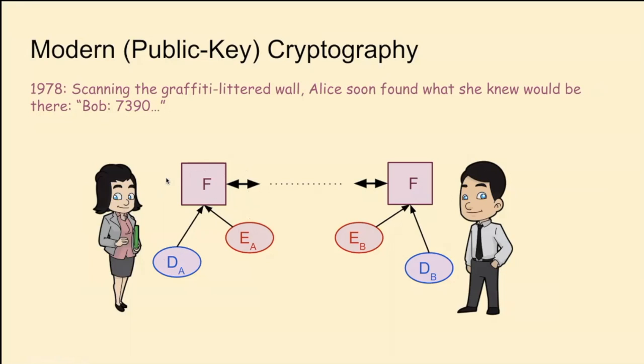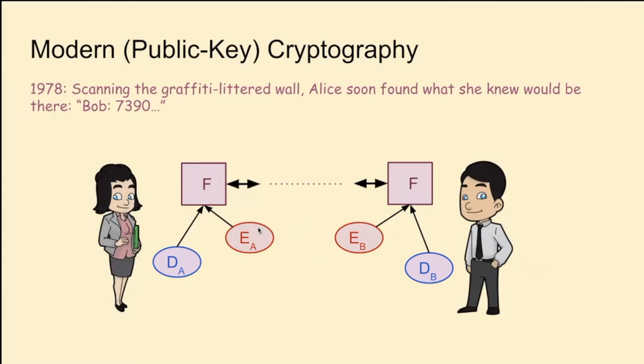And if Alice wants to process the plain text first with her E key, that would be undone by her D key. So the crucial thing about this relationship between the E and the D keys is that Alice can now take her E key, say, and she can make it public. She can put it on her Facebook page, or this being the 1970s, she can put it in the telephone book. She can scrawl it on walls someplace. She can let the whole world know what the E is, as long as she doesn't tell anybody what the D key is. So if she keeps the D key completely secret,